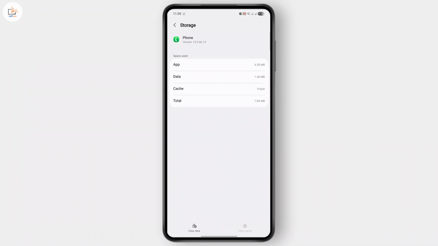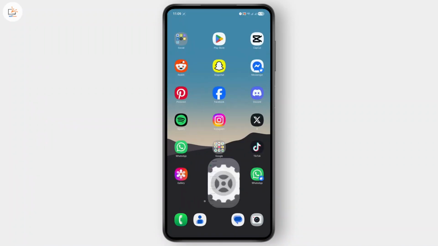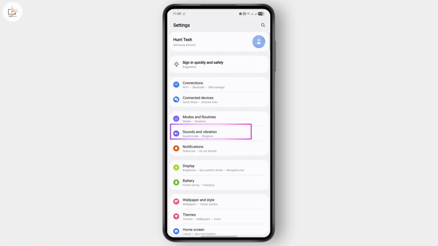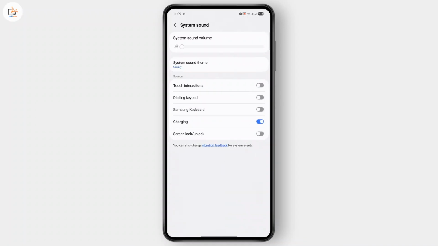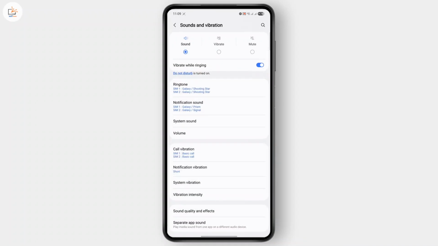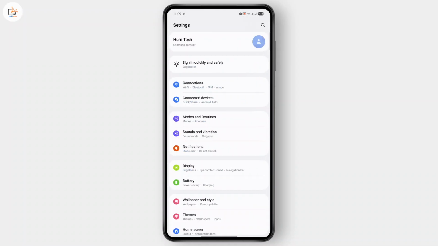In the next step, go to your Android settings and tap on Sounds and Vibration. Following this, look for any audio or call settings and make sure the audio output is not set to speaker only during calls. Once done, try a different pair of earphones to rule out whether the issue is with the